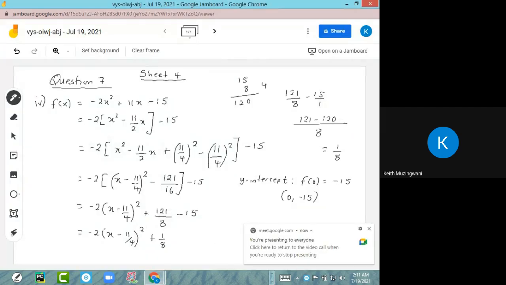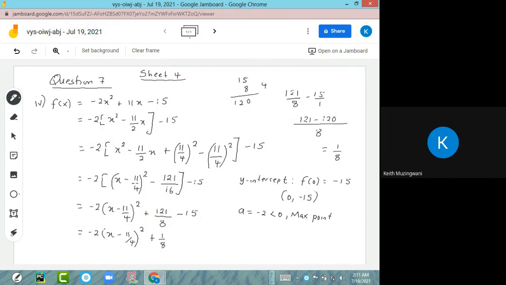And then the next thing is the maximum or minimum value, which depends on the value of a. So a is negative 2. Remember, a is always the coefficient of x squared. So it's negative 2, which is less than 0. So what we must obtain is a maximum. And the maximum point